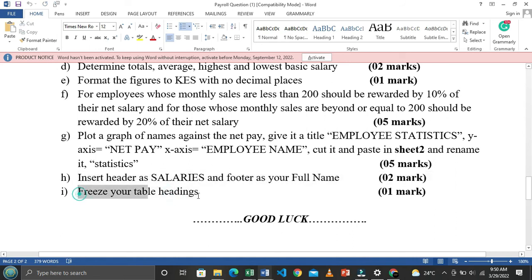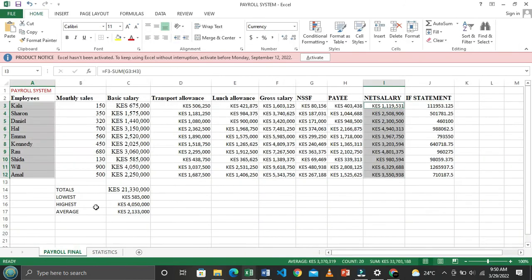But before you do this, let me first show you this number. I'll make this one the last one. Freeze your table headings. To freeze your table headings, let's go back here. Now what they mean by this, since we are done with creating our table, for you people, if you don't know